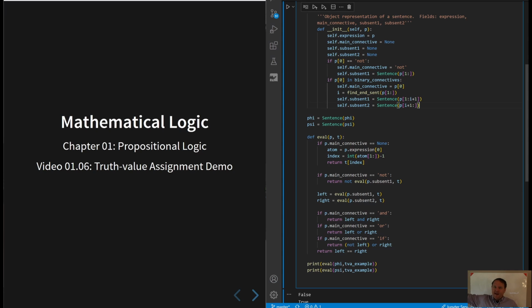So what I had as an expression earlier called phi, I'm now turning into a sentence called phi. So basically giving it the structure of a sentence. And then with that structure, I am now in a position to be able to evaluate the sentence using the truth value assignment. So here I'm just defining a function so that I can input any sentence and any truth value assignment. Of course, eventually I'll use the sentences that I've already constructed earlier and the truth value assignment that